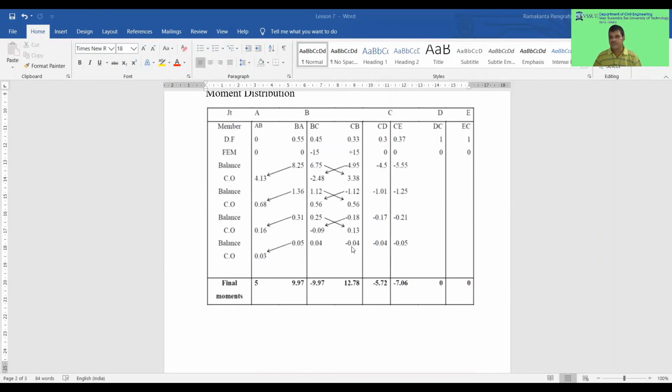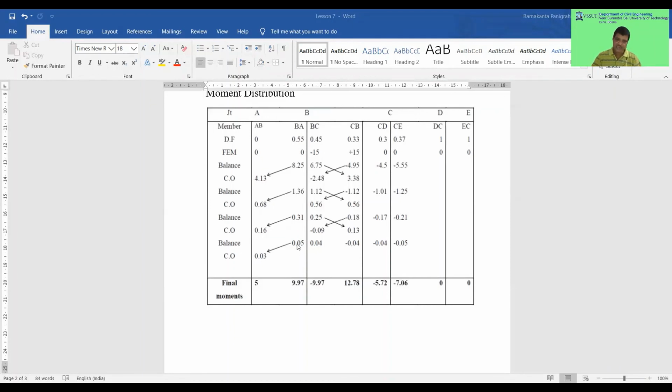When you come to this level, you should not go further, because by doing another 3-4 steps there will be very marginal changes in the final moment, or it does not matter. In the examination, when you solve the problems, you should not spend more time doing more cycles. If you stop even 1-2 cycles earlier, that is also okay. They will only deduct 1 mark, but you will save time to do other problems. So don't do 10 or 15 cycles to solve the problems. Stop after 3-4 cycles. That will be sufficient for your understanding.